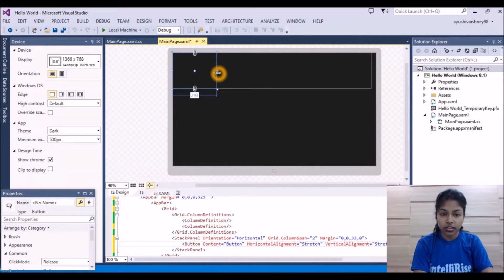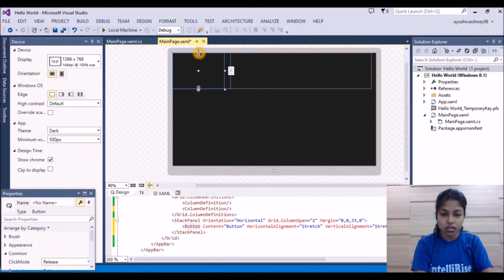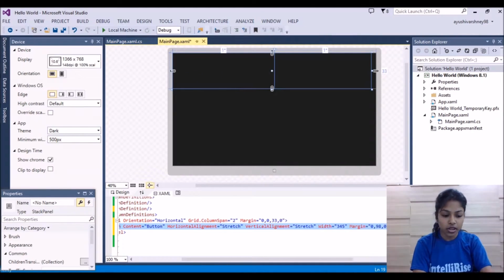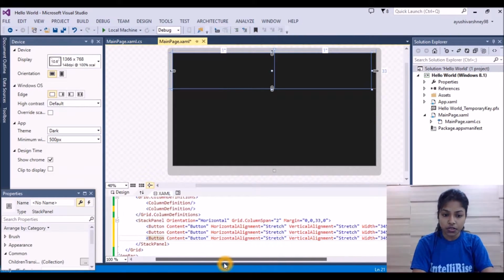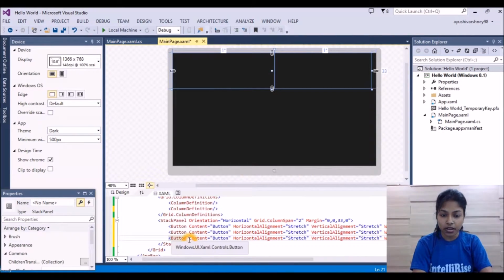I want it like this. If you want to add more buttons, then just copy this button code, generate another, and paste it here inside this stack panel.